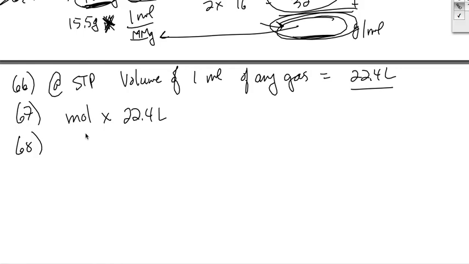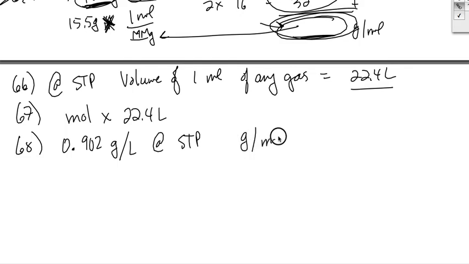Oh, number 68 is a good problem. It says a gas has a density of 0.902 grams per liter at STP. What is the molar mass of this gas? Well, molar mass is grams per mole. Okay? So all we got to do is convert. This is given to us in grams per liter. We want grams per mole. So we have to convert the liters to moles. How do we do that? With 22.4. So I would write it like this: